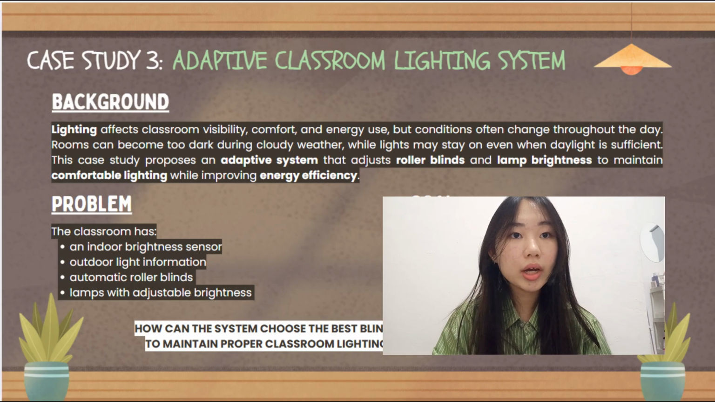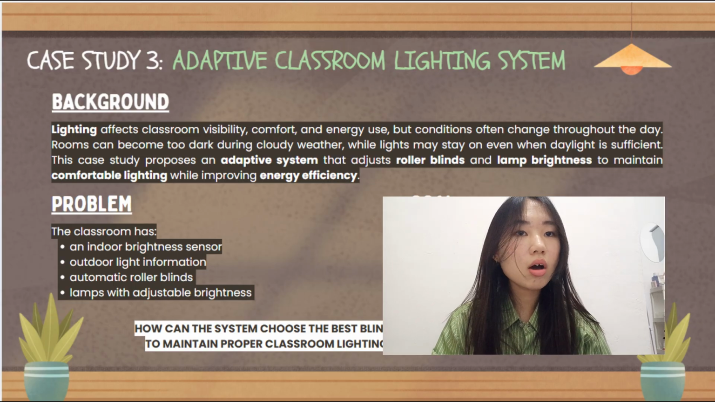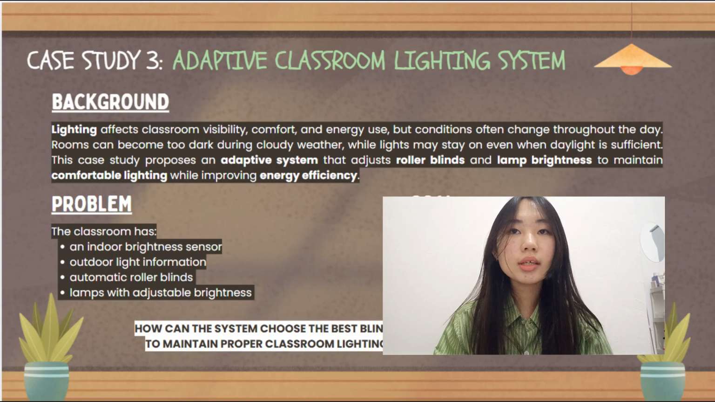First and foremost, the background of our case study is that lighting affects classroom visibility, comfort, and energy use, but conditions often change throughout the day. Rooms can become too dark during cloudy weather, while lights may stay on even when daylight is already sufficient. This case study proposes an adaptive system that adjusts roller blinds and lamp brightness to maintain comfortable lighting while improving